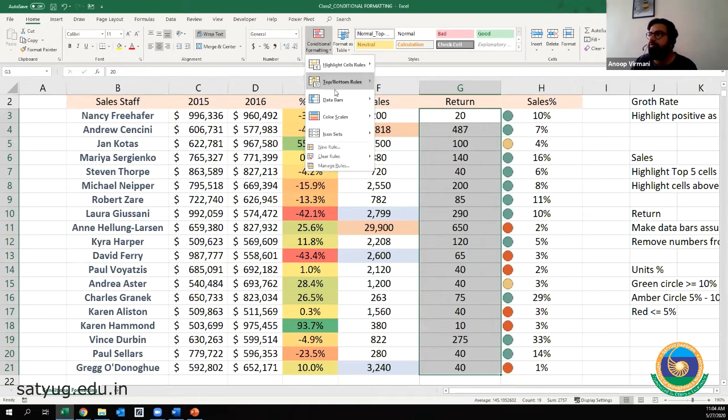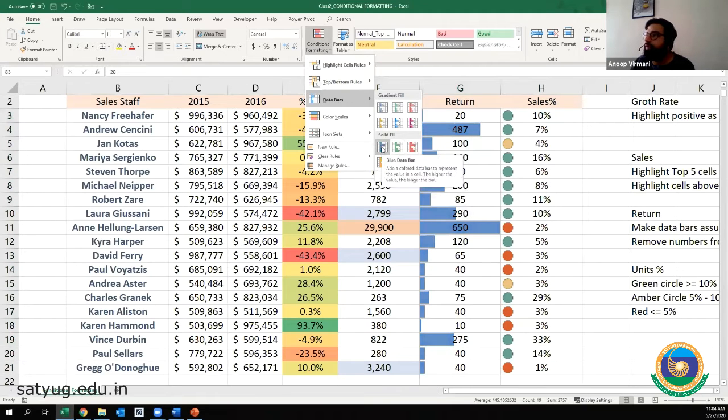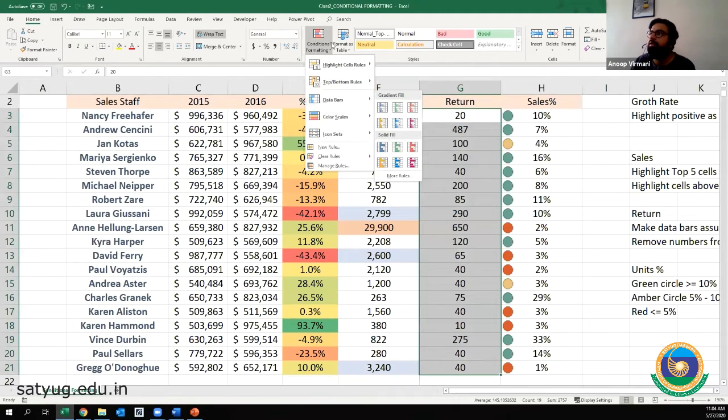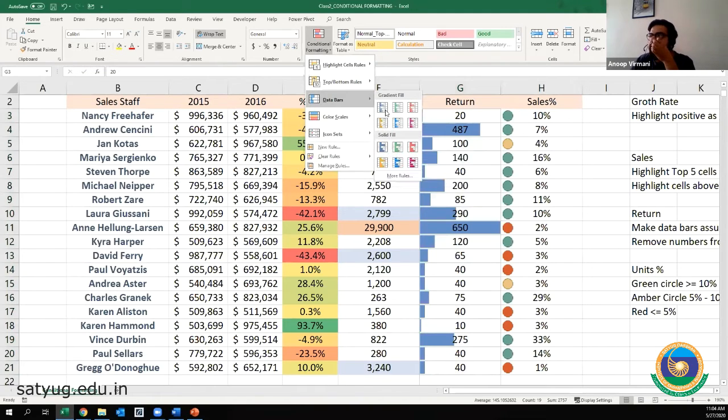We go to conditional formatting and we put a data bar, which is a solid fill here. You see, conditional formatting, third option, and then we go for a solid fill or a gradient fill, any color. This is all your creativity, whatever the sheet that you are preparing, the color, the theme that you have will look like for that. So this is all on your creativity. So we put a blue bar here.